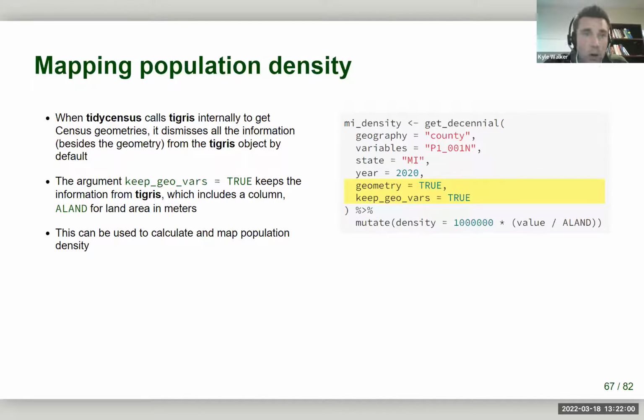This will retain all of the original columns from the census shapefile, which includes a column called ALAND for land area. We can then calculate population density by dividing our population value by the land area. And so ALAND comes in square meters by default. And so we can multiply that by 1,000,000 to get square kilometers. And if we run this code through for the state of Michigan,